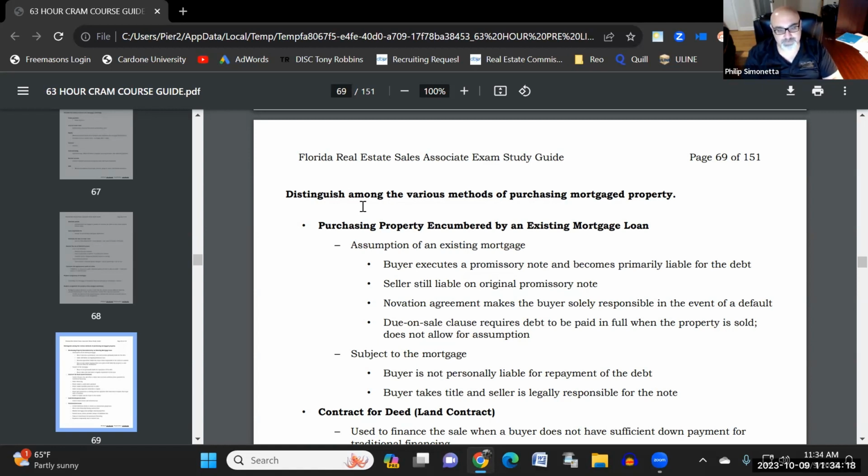Okay. Then you have subject to mortgages. This is where the buyer is not personally liable for repayment of the debt. The buyer takes the title and the seller is still legally responsible for the note. So this is where you go in, somebody's having a problem, say, look, I'll buy the house. However, I want you to keep the note. I'll catch up the mortgage. You're 10,000 behind. I'll pay the mortgage. I'll keep paying your mortgage for you,